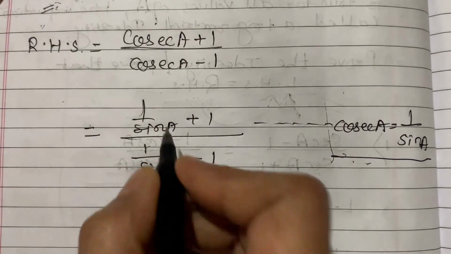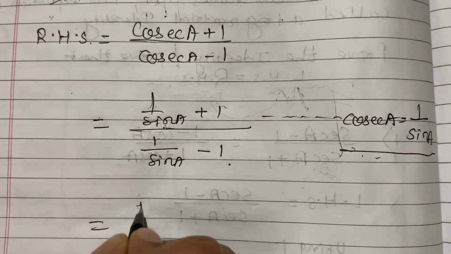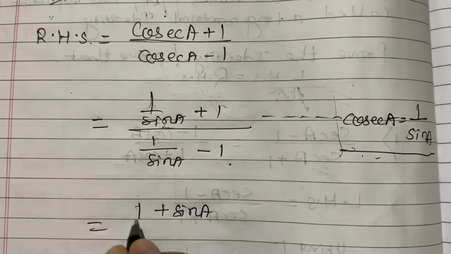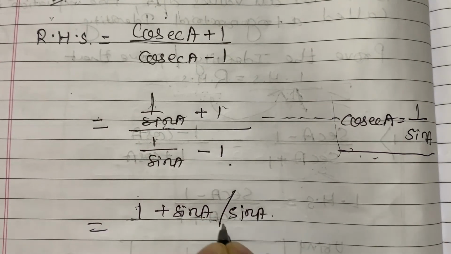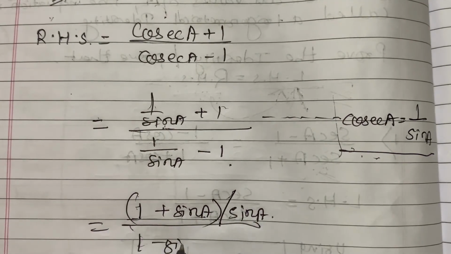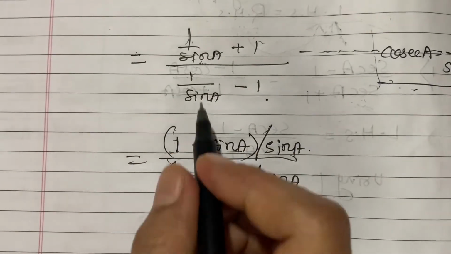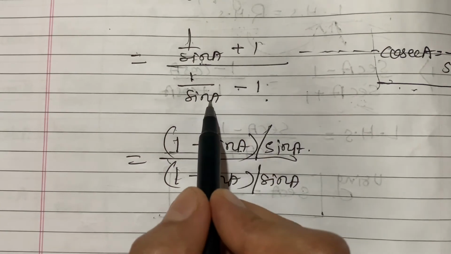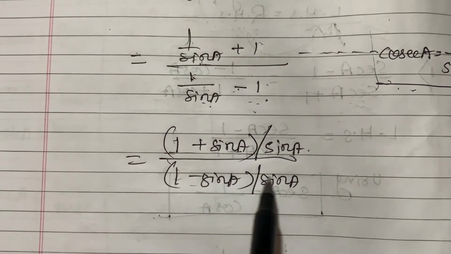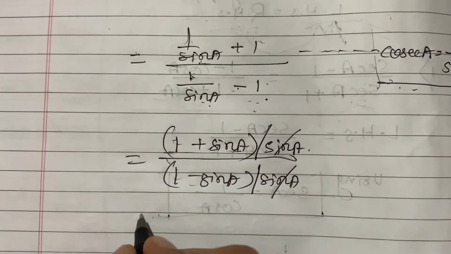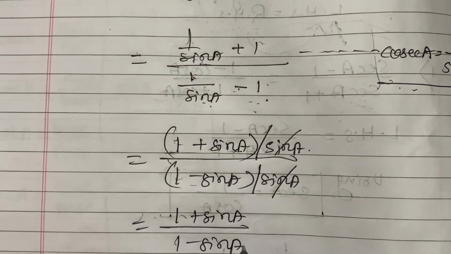So here, once again you have to take the LCM, that is sin A. Sin A is the LCM. So it is 1 plus sin A upon sin A. And here it is 1 minus sin A upon sin A, because sin A is the LCM. So it is 1 plus sin A upon sin A, 1 minus sin A upon sin A. Sin A will get cancelled, and here it is 1 plus sin A upon 1 minus sin A, which is nothing but